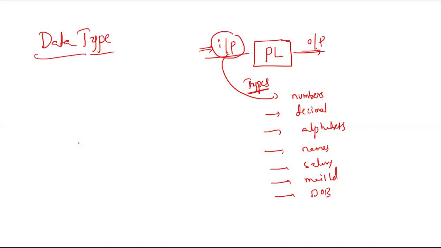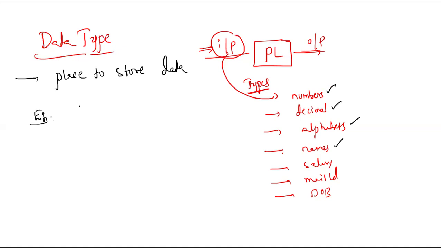So in a simplest or general meaning, a data type is nothing but a place to store some data. It's a place to store data. What is data? The numbers, the decimal numbers, the alphabets, the names are the data. So where do we store them? For that, we'll be using some data types. That's the simplest meaning. For example,